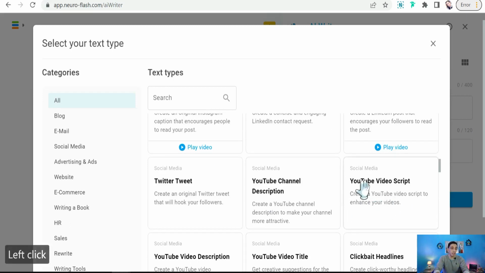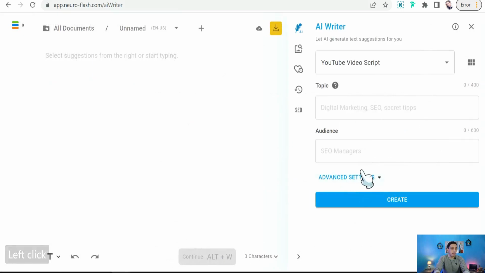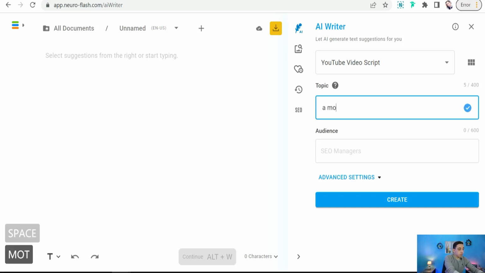So we can click over this template simply, and here you have to insert the topic of your YouTube video. For example, we want to make a video about motivational speech. So if you have a channel about motivation for fitness, for gym, for bodybuilders, so you want to make a video about a pep talk or a motivational speech. So you can type here something about a motivational speech